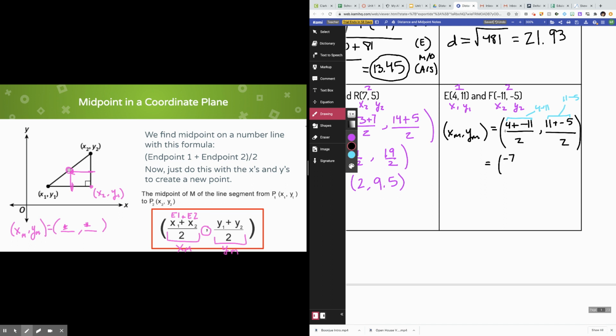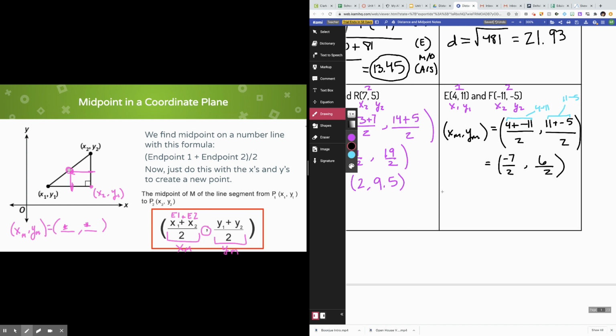If the signs that are connected to them are different, you subtract the numbers and keep the sign of the bigger number. So here, you were technically doing 11 minus 4, which is 7, but since -11 is the bigger number, I'm going to put a minus sign in front of my 7. Okay, so I have -7 over 2, comma, and then here, this is 11 minus 5, which is 6 divided by